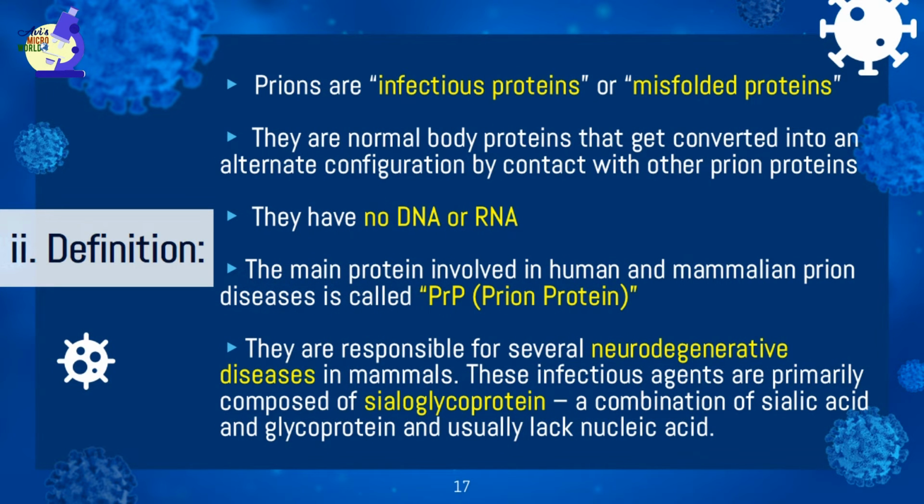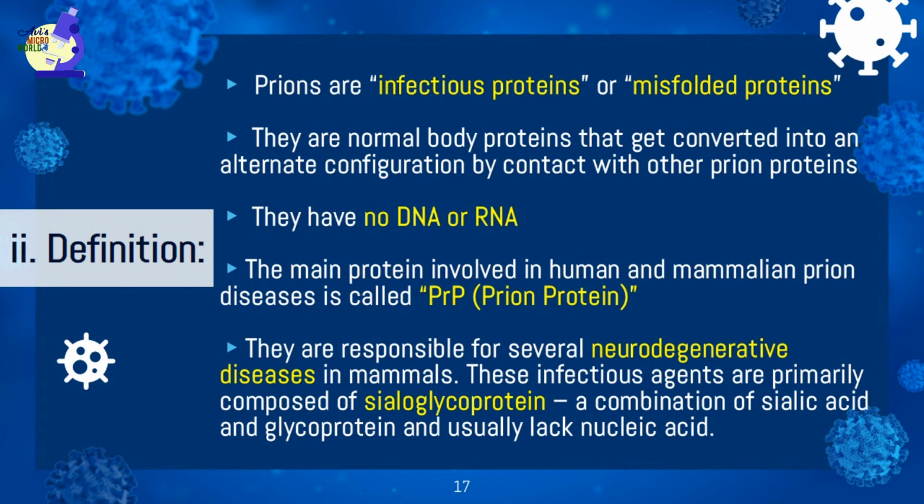The basic definition: prions are infectious proteins, or misfolded proteins. They are normal body proteins that get converted into an alternate configuration by contact with other prion proteins. They have no DNA or RNA. The main protein involved in human and mammalian prion disease is called PrP, which is also called prion protein. They are responsible for several neurodegenerative diseases in mammals. These infectious agents are primarily composed of sialoglycoprotein, a combination of sialic acid and glycoprotein,